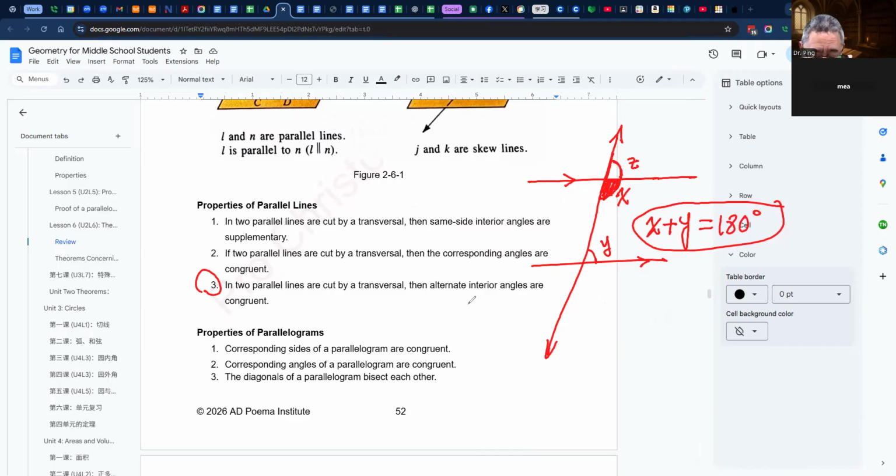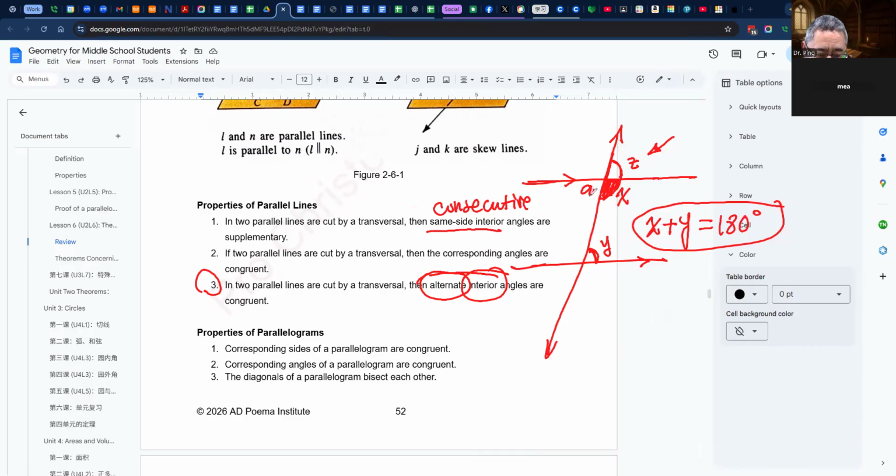Remember the vocabulary. This is called alternate interior. Interior angle means the angle between these two lines. An angle outside those two lines, like Z, is called an exterior angle. If it's on the same side of the transversal, we call that same side interior angle, but sometimes we call that consecutive interior angle. If it's on the other side of the transversal, we call that alternate. So that means this will be alternate. Let's call this one